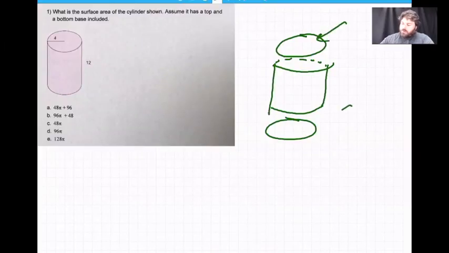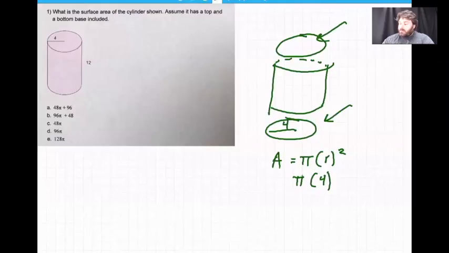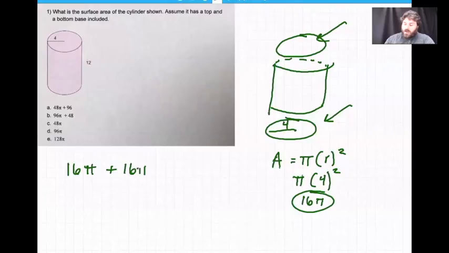The easy part's probably the top and the bottom, right? The radius looks like it's 4. So we know that the area of a circle is given by pi times the radius squared. And so that's going to be pi times 4 squared. That's going to give us 16 pi. So each of these tops and bottoms is going to be 16 pi. So there's my top, 16 pi plus my bottom, 16 pi, and then I'm going to add to it this